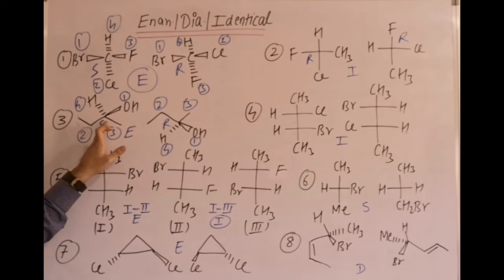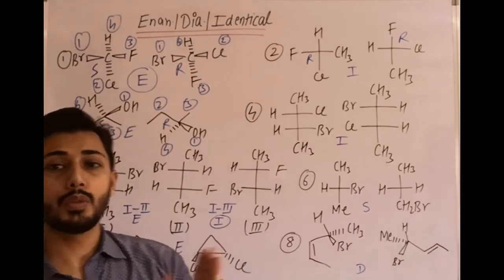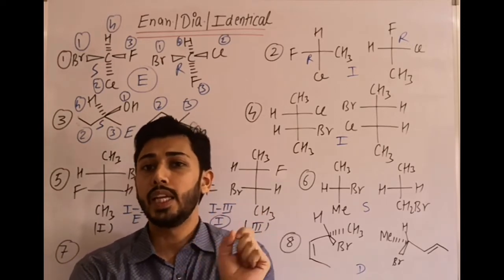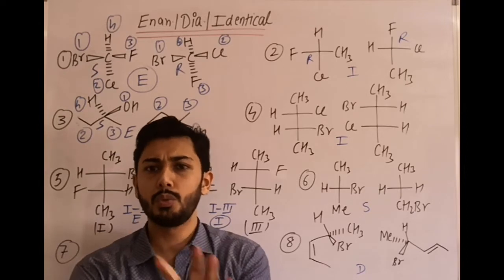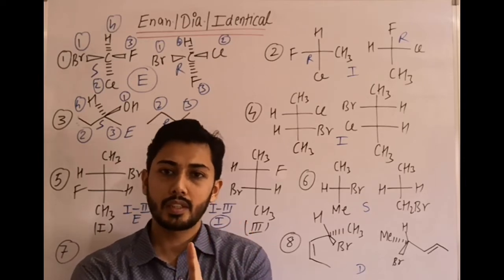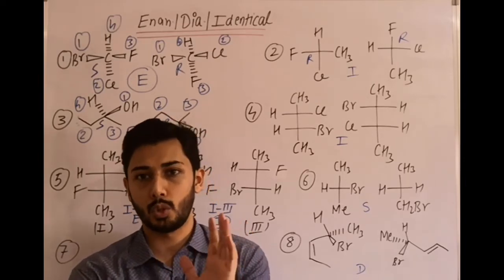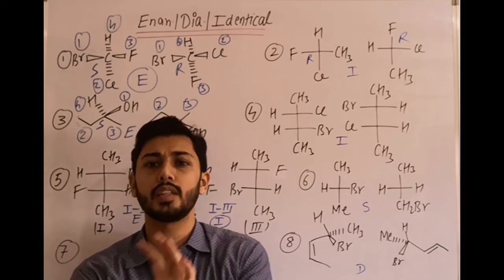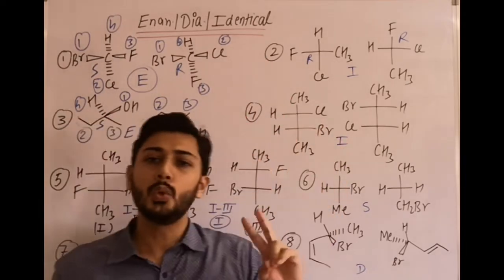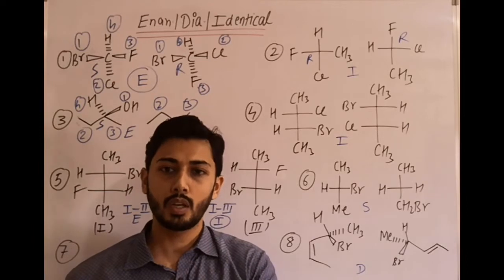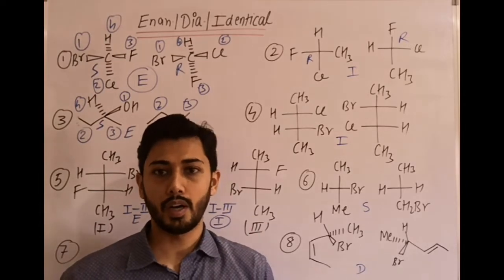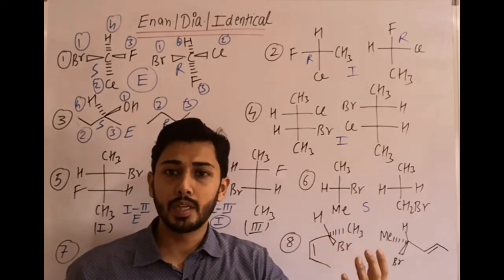With respect to one chiral center, one is S, the other is R. If they are opposite, that means they are enantiomers. If they are the same, that means they are identical. But for a molecule containing only one chiral center and no other stereo center, we cannot use the term diastereomer. If other stereo centers are there, like geometrical, we have to check. Otherwise, if one chiral center is there, like in the above two examples, only two possibilities can arise: either they are enantiomers or they are identical. For diastereomers, at least two chiral centers are required if you talk about optical. That's why it depends on the example.